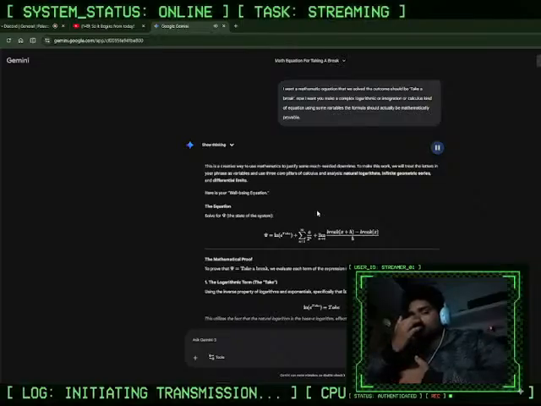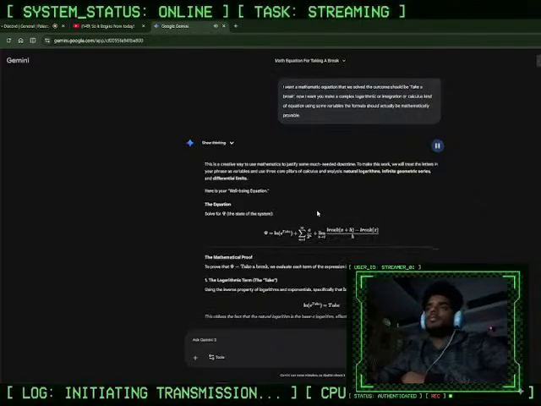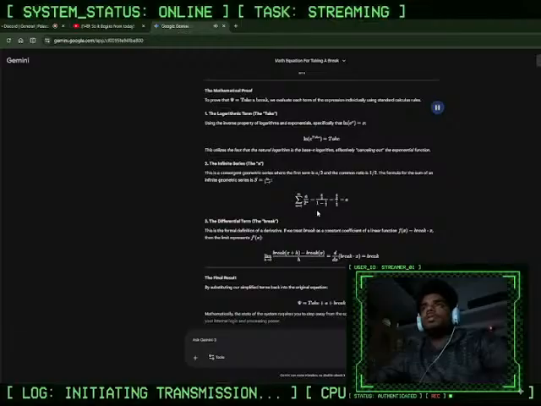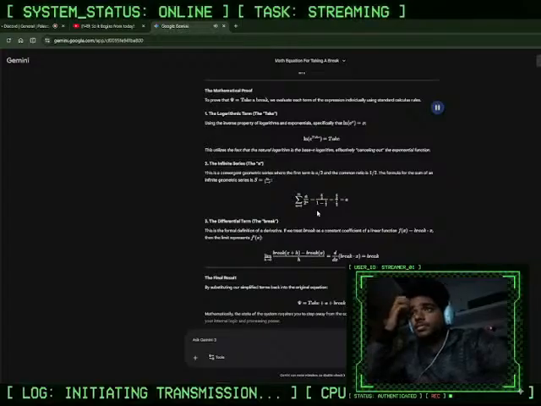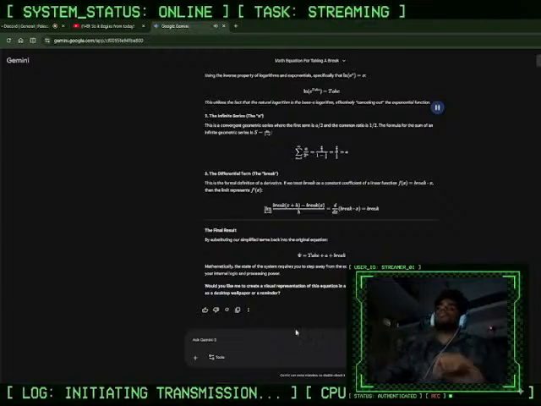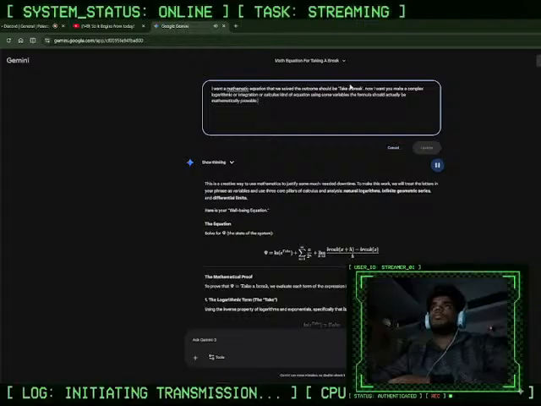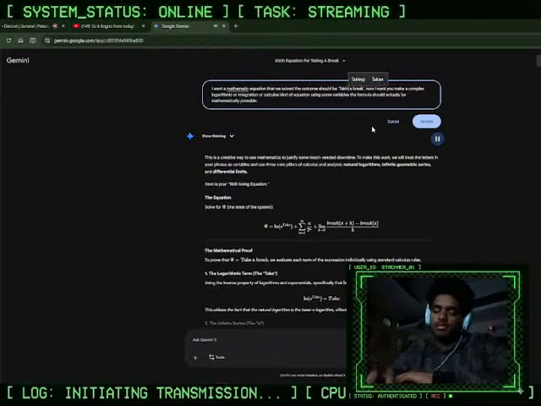To prove that psi equals "take a break," we evaluate each term of the expression individually using standard calculus rules. 1. The logarithmic term, the "take." Using the inverse property of logarithms and exponentials, specifically that ln e^x equals x. This utilizes the fact that the natural logarithm is the base e logarithm, effectively cancelling out the exponential function. 2. The infinite series, the "a." This is a convergent geometric series where the